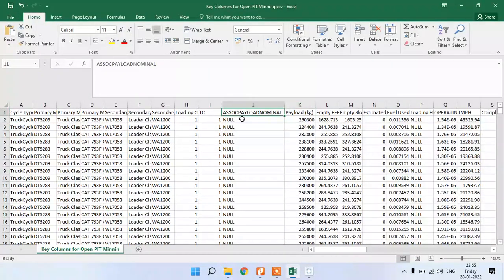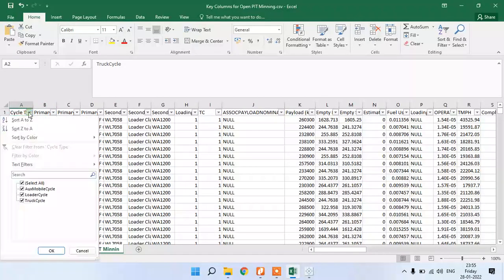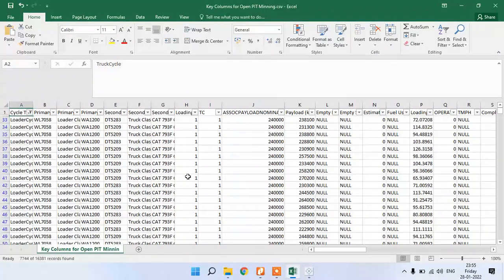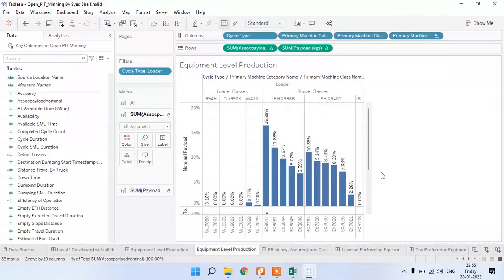Only for loader cycle is there, not for the truck cycle. I will apply the filter here, then you can easily understand. See here, observe here. Only for loader cycle, if I click, it will display 24,000 only. Standard value is there. Okay, versus the payload I have plotted it.